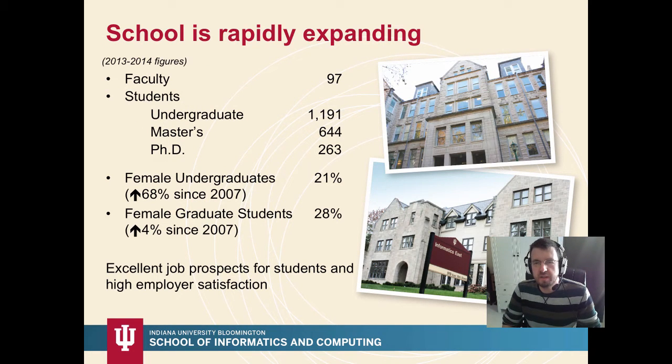The school is rapidly expanding. We're actually building a new building right now, of interest to the residential students. The last figures I have, we have just shy of 100 faculty, and I think we're now at about 3,000 students. We're really working hard to increase female enrollment at both the undergraduate and graduate levels. It's still not where we want it to be, but we've made big improvements